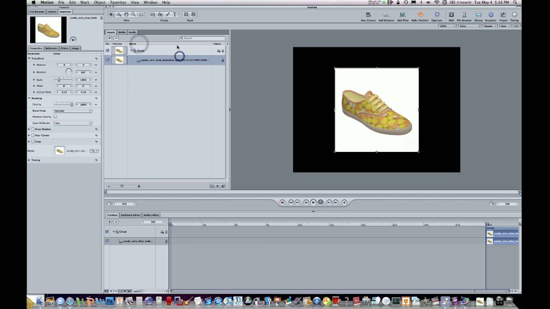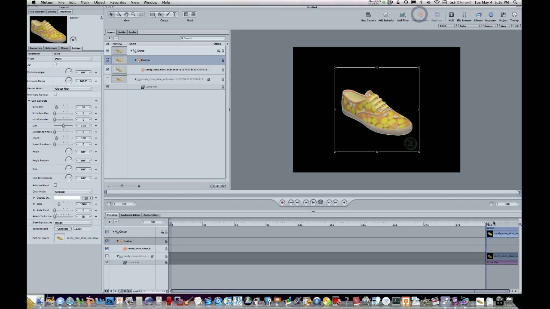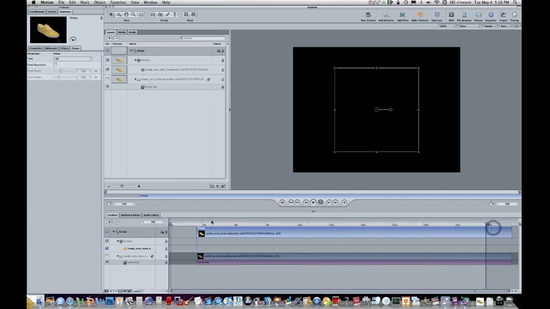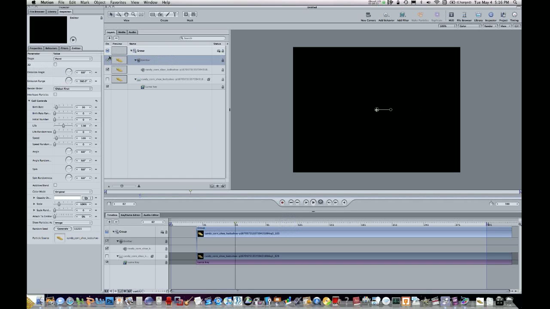Then I could go into add filter, keying, Luma key, and key out brighter thresholds. Make sure that all that works. Make particle, and now you have a shoe particle. No idea how that would be useful, but